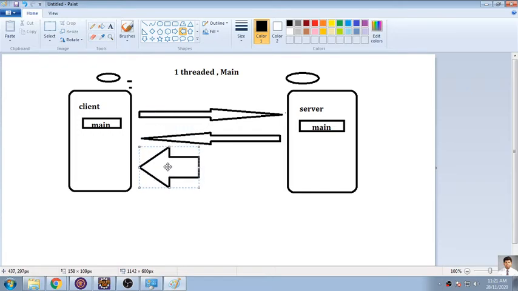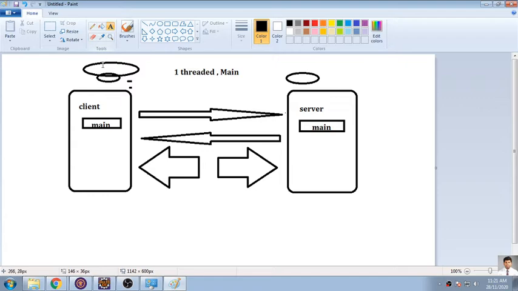So continuous process means what? Totally it should be a connection where the client will be interacting with the server continuously and the server will be interacting continuously. Now what you have to do is that in this logic you will be writing one code that will be containing thread.